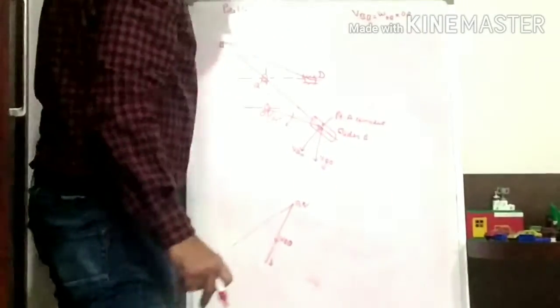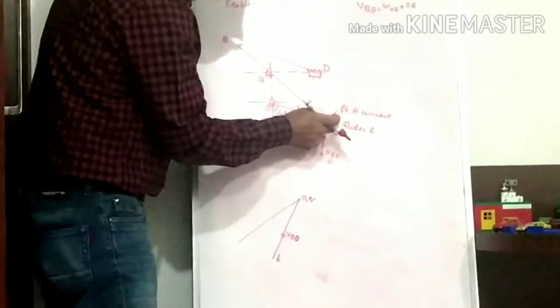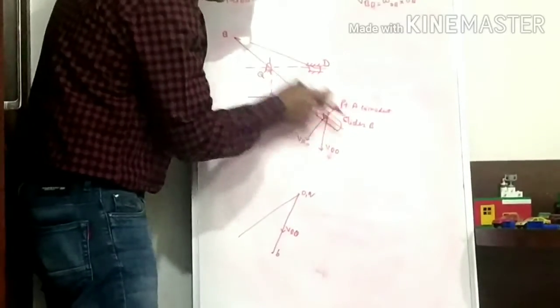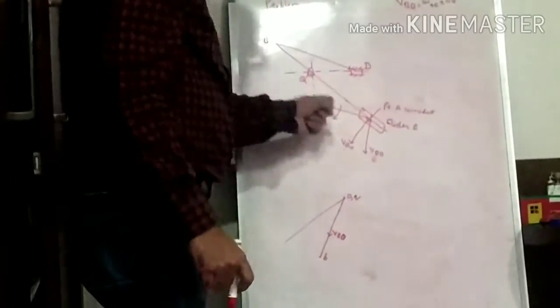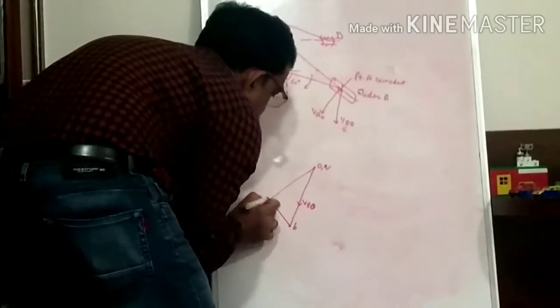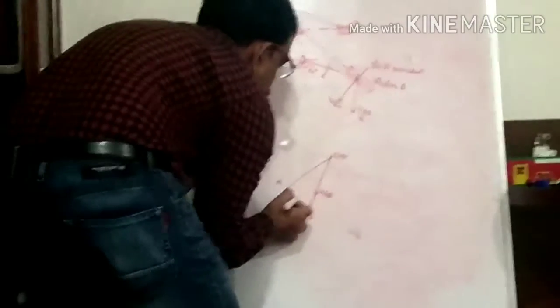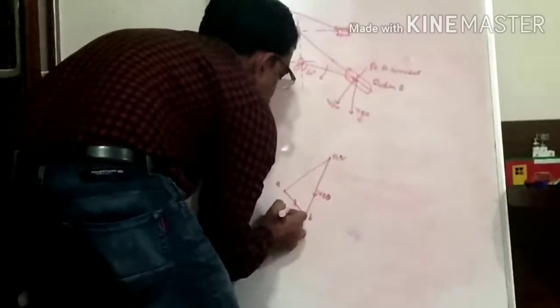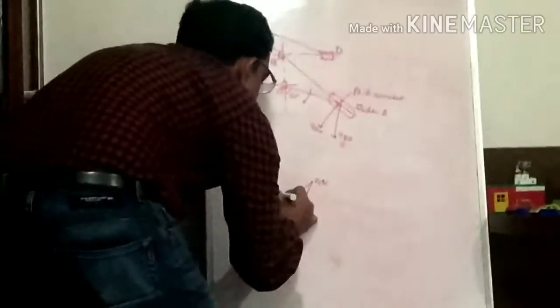Okay. Then the velocity of slider B with respect to A. This slider has a motion along link QA. So just draw the vector from point B, parallel to link QA. The point of intersection of these two vectors is point A. So here we will get the velocity of B with respect to A, that is vector AB. Vector QA represents the velocity of A with respect to Q.